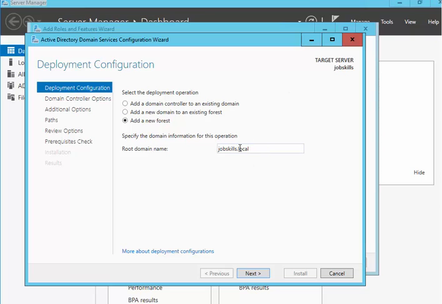Make sure it's .local, and don't put a full site name, because you're just testing. If you're just doing it for testing, like I said, this is not a video for setting up a domain controller type of thing, so we're not doing any explanations on these. So just do local.